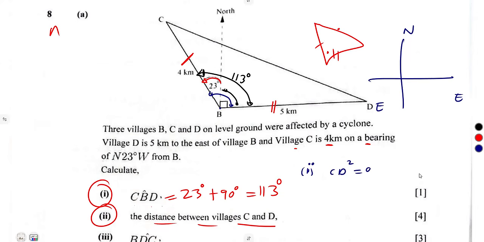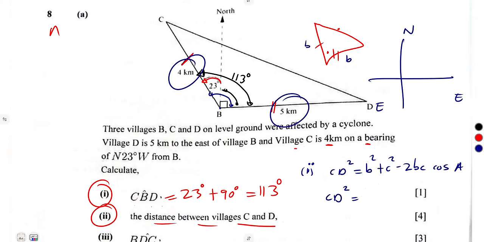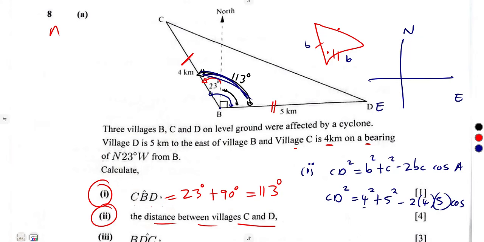CD squared is equal to b squared plus c squared minus 2bc cos A, where A is the included angle opposite to what you're calculating, CD. So CD squared, where b and c are the sides creating the angle, the 4 and the 5: that's 4 squared plus 5 squared minus 2 times 4 times 5 times the cos of A, the included angle of